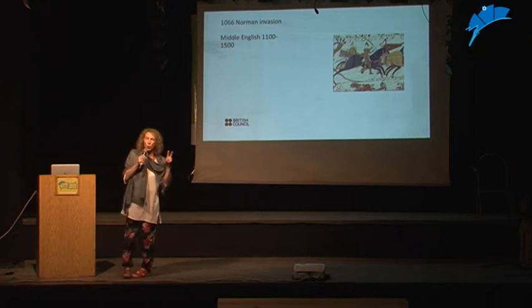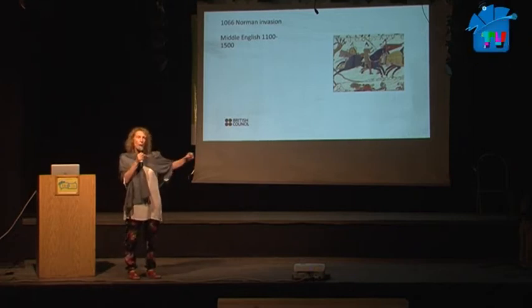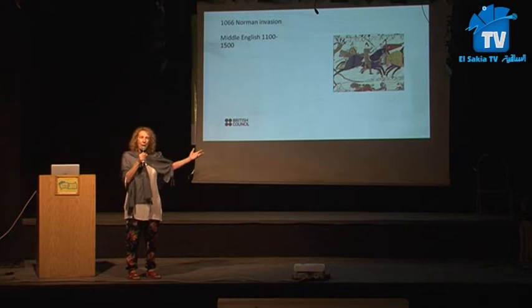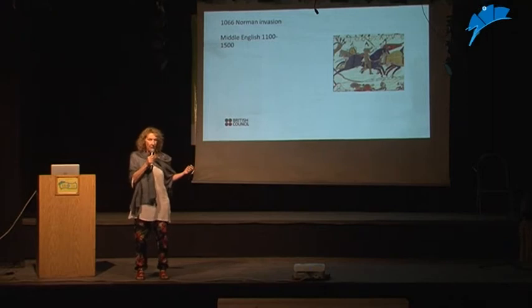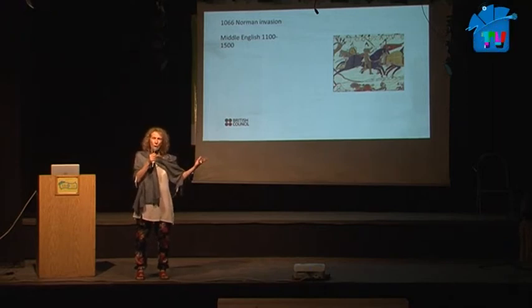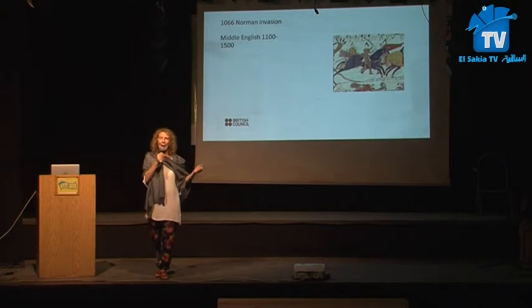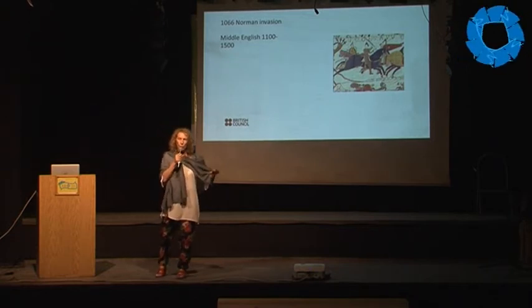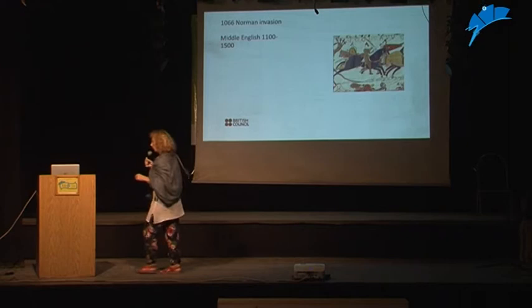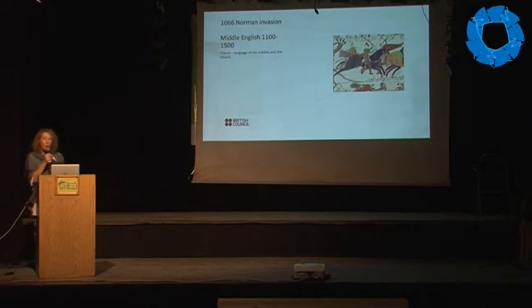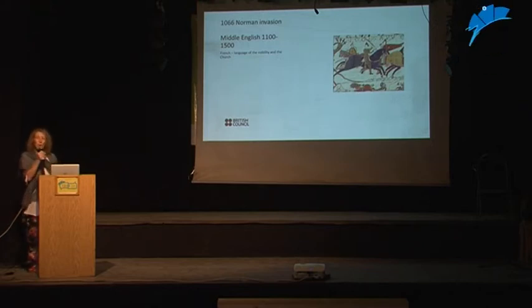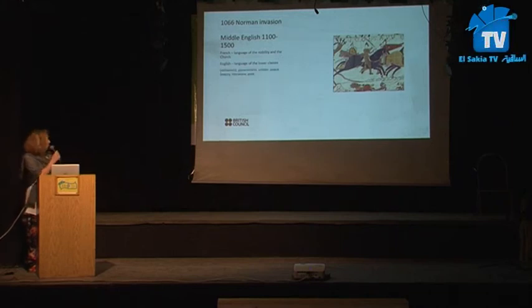So now there were two languages in Britain. There was Old English and French. And French was the language of the ruling class, of the aristocracy, of the government. And English was the language of the common people. Okay, so the church as well. Anybody who was educated spoke French. The lower classes, the farmers, spoke English.